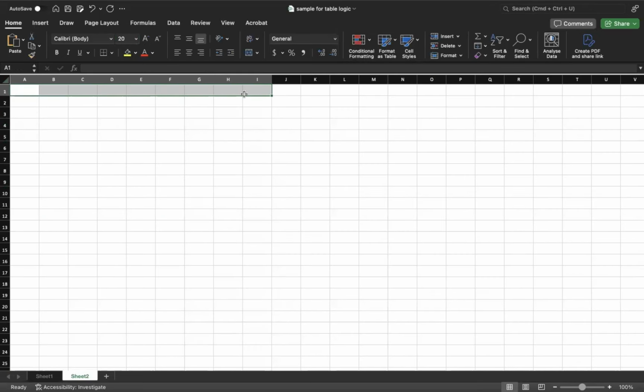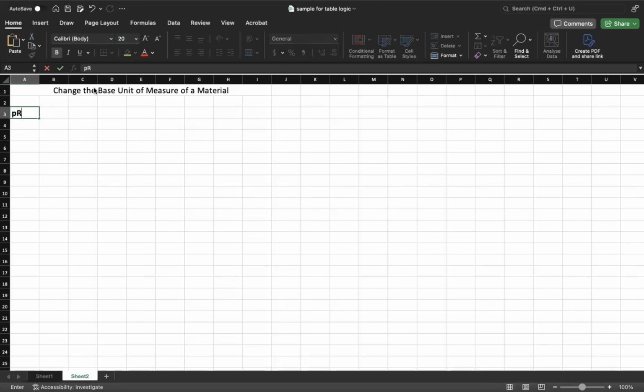Let me put a heading here: Change of base unit of measure of a material. So the first prerequisite, if you want to change, prerequisites,